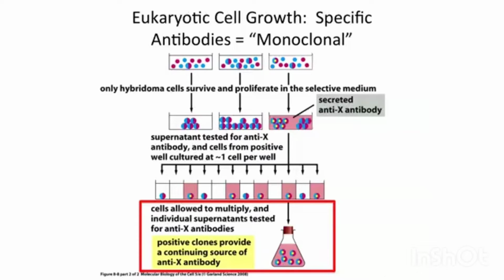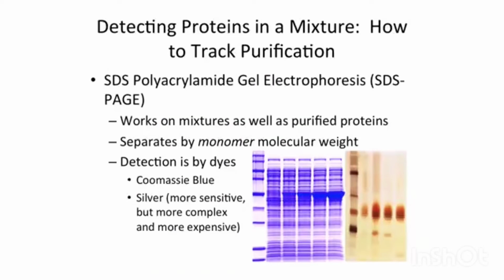So hybridomas are very useful for producing very specific antibodies that react with a single antigen within a protein. Remember that there's a lot of surface on a protein, and antibodies are made to different parts of that surface. In this case, you're isolating a single point on the surface as a mode of detection. So what can you do with these? Well,